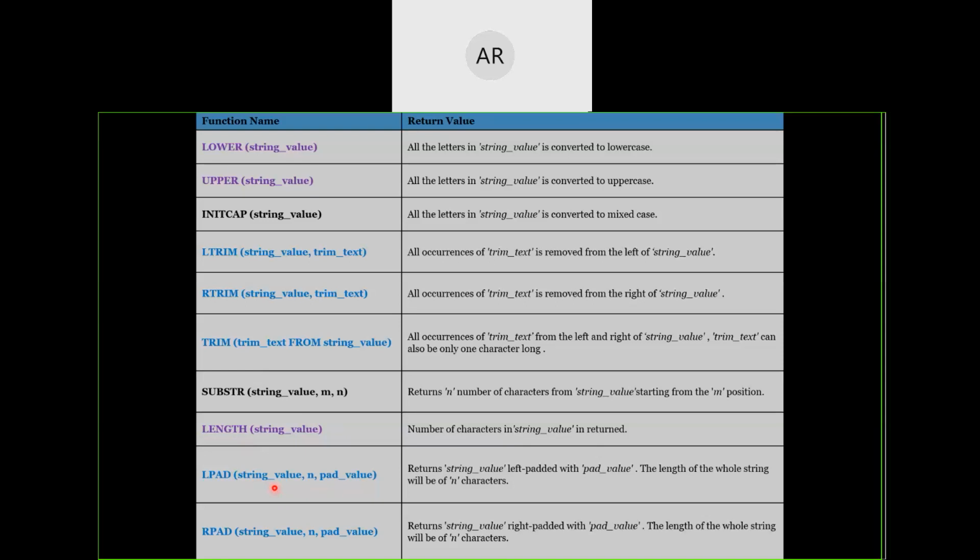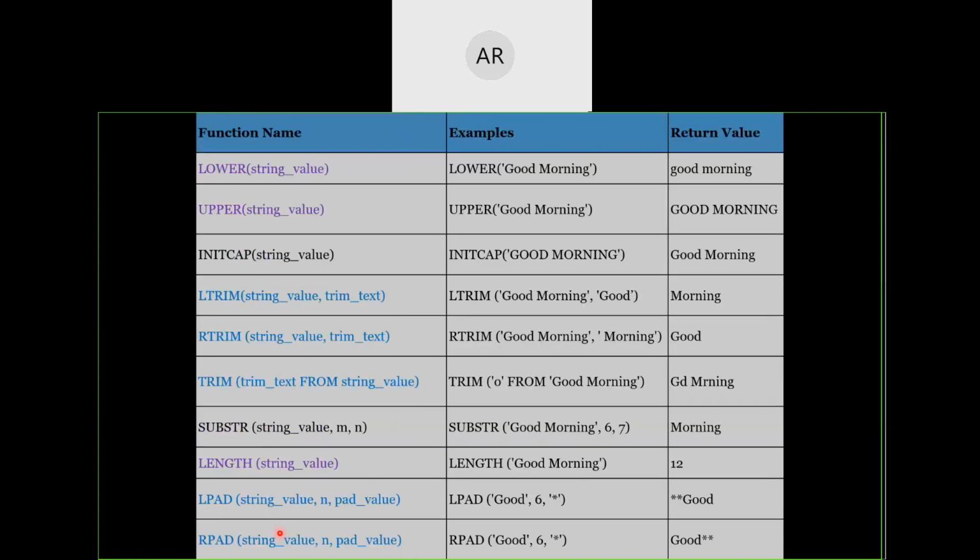RPAD does the same thing, but instead of attaching the padding values to the left side, it will attach them to the right side. I have kept an example table for you, which you can easily go through. I don't think I need to explain it again here. You can easily check what function it is going to do and what it is returning back.